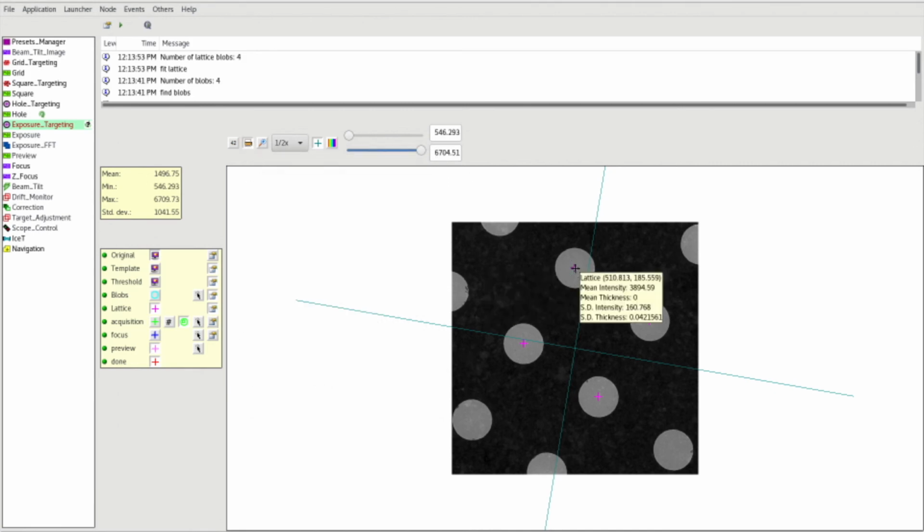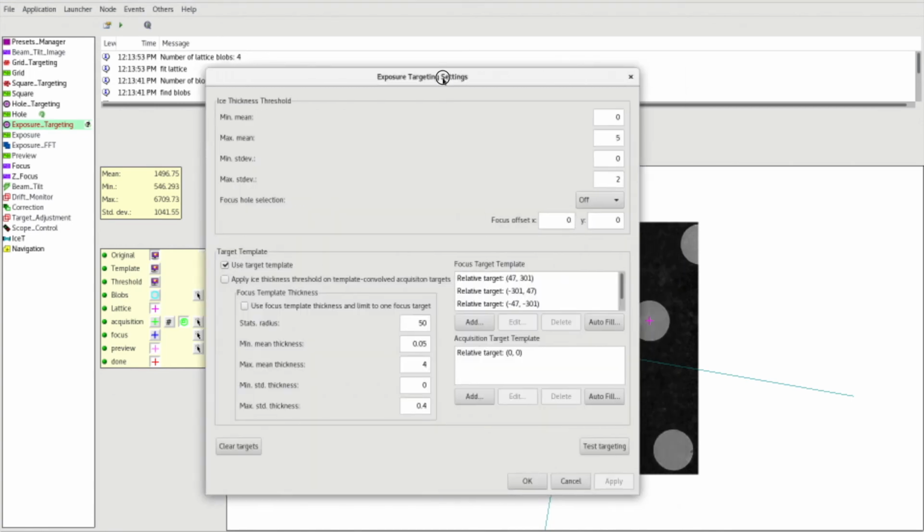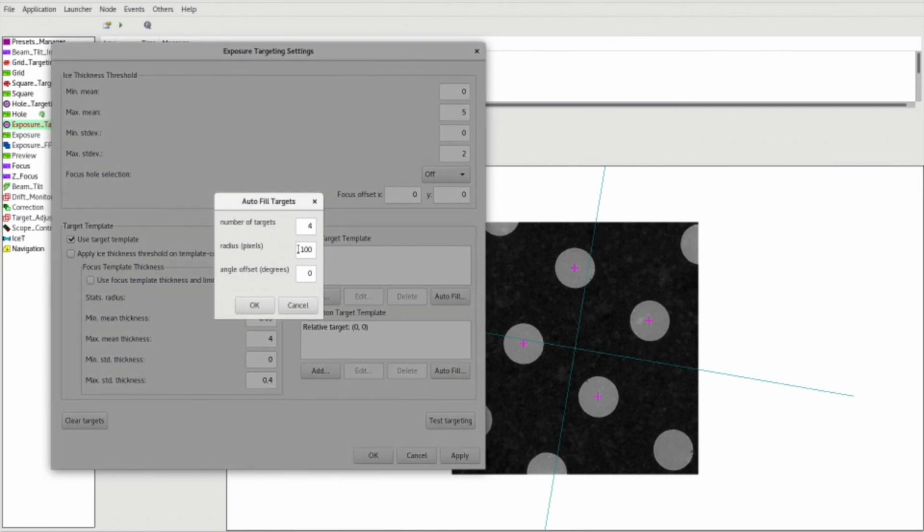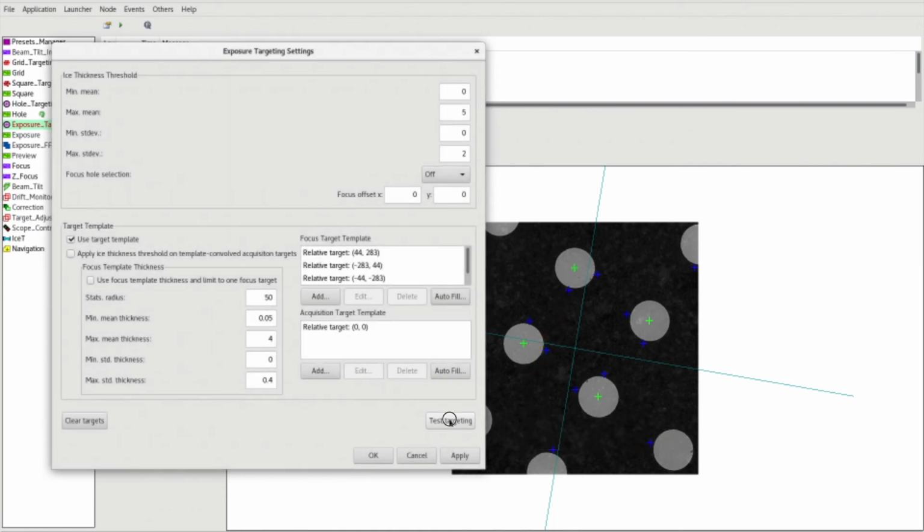Measure from the lattice point to the center of the 4 holes. Remember the diameter and angling. Go into acquisition settings. Delete the focus targets that are there. Autofill and enter your measurements. Click OK. Test targeting. The acquisition target is at 0, 0 if you want it to be in the center